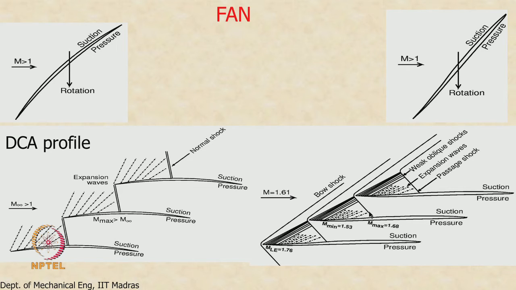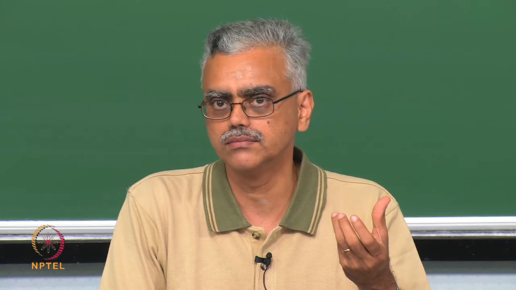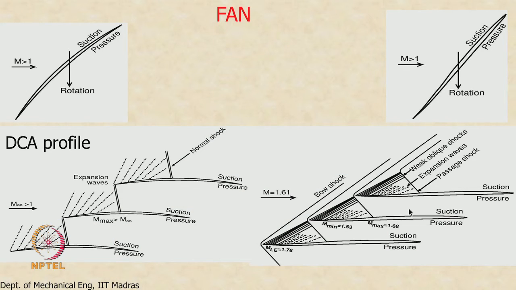If it is still more than 1, then we have a converging diverging passage here, which will decelerate the air without any difficulty to a subsonic value, and then we have the pressure rise that we are looking for. Typically the pressure ratio here will be 1.7 or so. So, design of the fan blade section and the fan blade passage requires the gas dynamic concepts that we learnt earlier. And as you can see from here, it is very critical in an application like this.